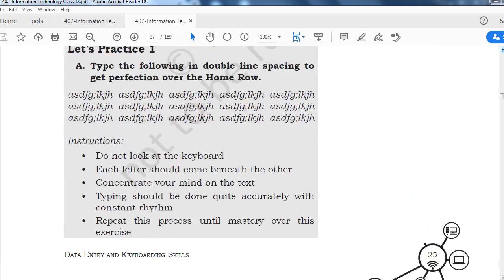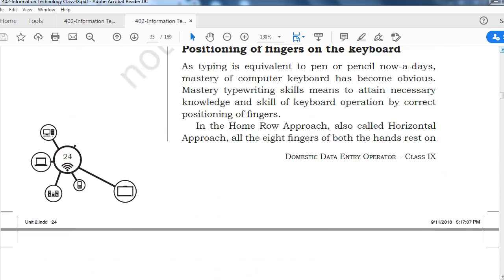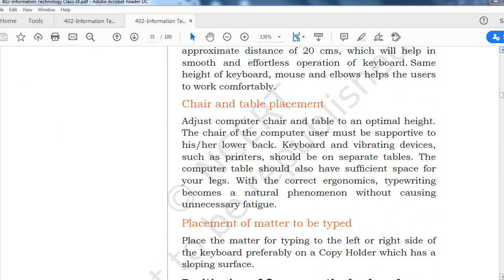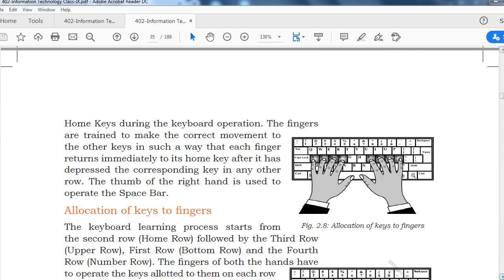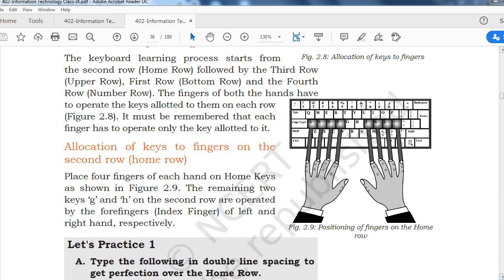Stepwise, what we are studying, we are trying to understand all of this stepwise, how to operate a keyboard, right? So first of all, mastery of the home row, then the upper row, then the first row, the bottom row, right?